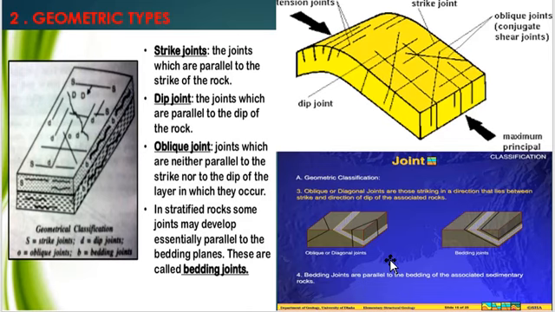Then what is the spacing between 2 joints? In mural joints, regular or equal spacing. In seat joints, increasing with depth, pinching and swelling. Columnar joints, about 30 cm across. Master joints, regular spacing. Dip, strike and oblique joints, extension joints, release joints and conjugate joints have regular or varying spaces.